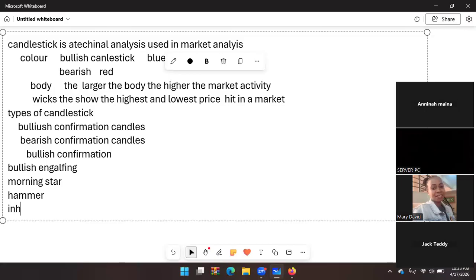And we have an inverted hammer. Now these are